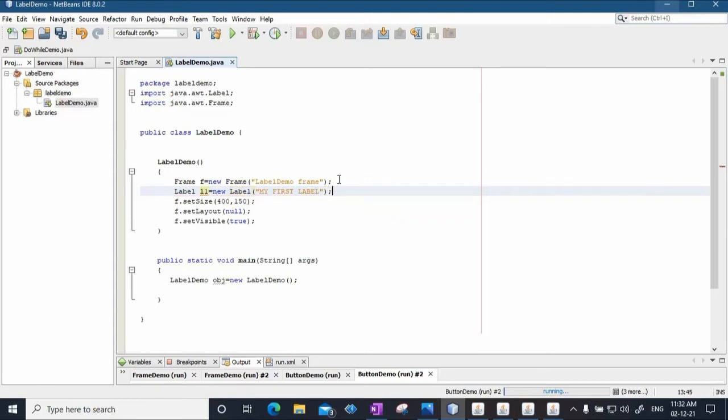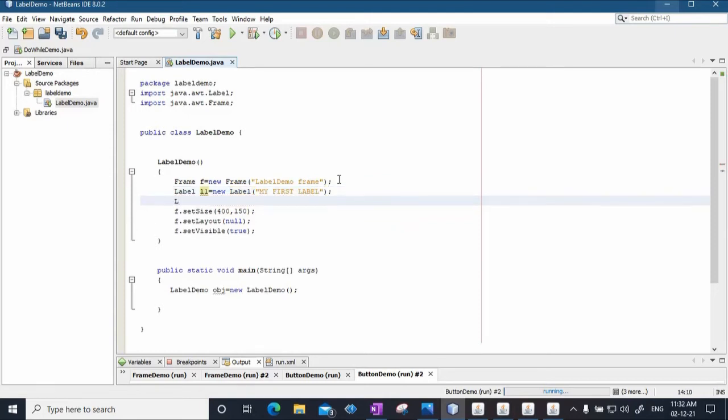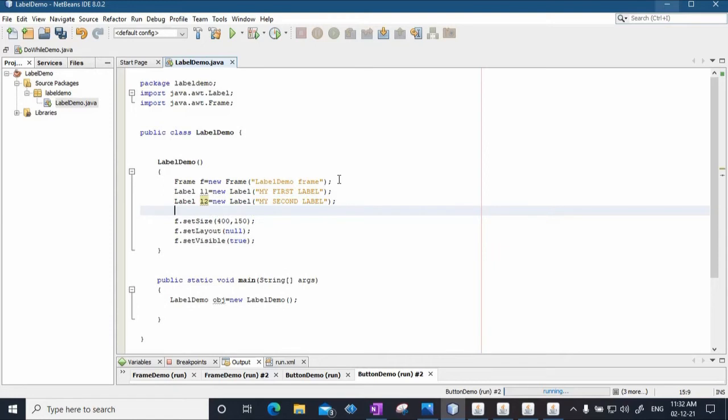And I'll create another label, L2, and the name that will be displayed will be my second label. These are the two labels that we've created.